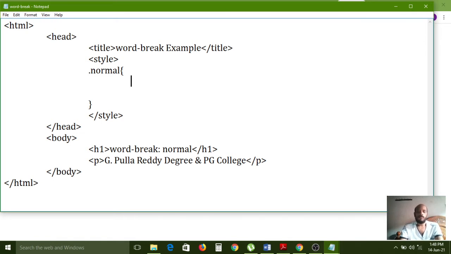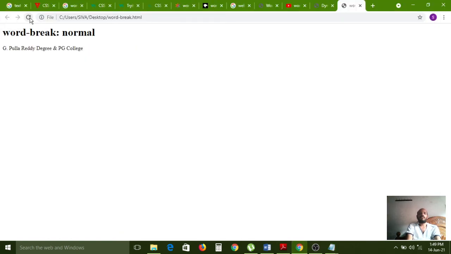Now color colon red, border colon 2px solid, and blue color border I want. Carefully observe. Now I am saving this one and refreshing the web page.